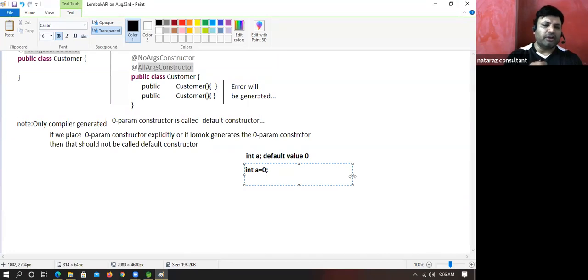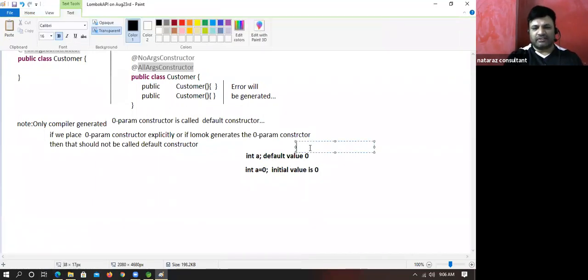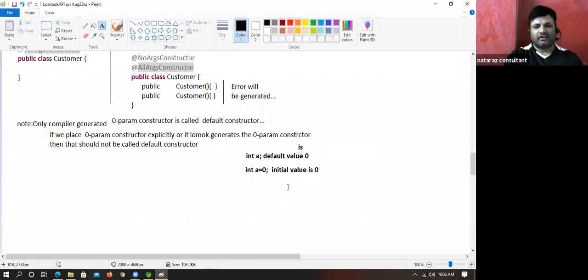Are you going to call this 0 as default value? Initial value is 0, right? Understanding my point? So there is a difference between both. So the same meaning applies when it comes to zero param constructor.